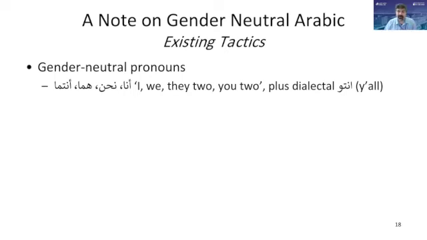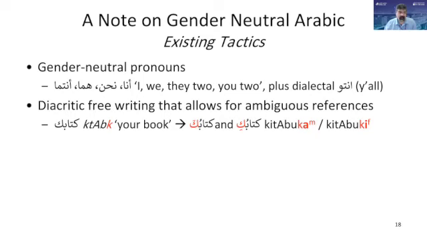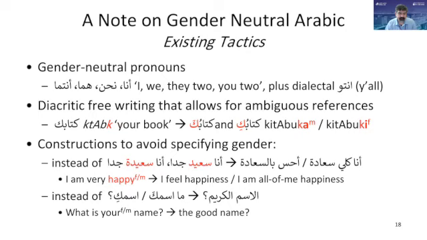So some things are natively gender neutral, like pronouns like ana, nahnu, huma, and tuma are always ambiguous. But also in the written form, kaf is actually ambiguous, kitabuka, kutabuki. So that kind of flies under the radar of written form. It could be kind of equalizing in that case. And then there are sometimes you could actually manipulate constructions instead of saying ana sa'id jiddan, ana sa'ida jiddan, to say ana kulli sa'ada or hissu bis-sa'ada, which become gender neutral in that case.